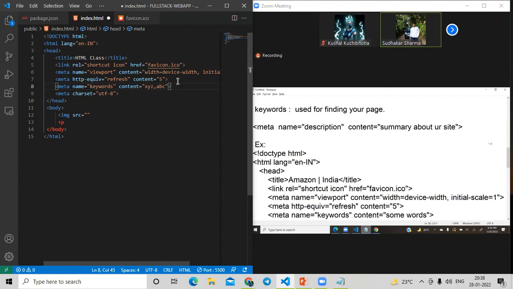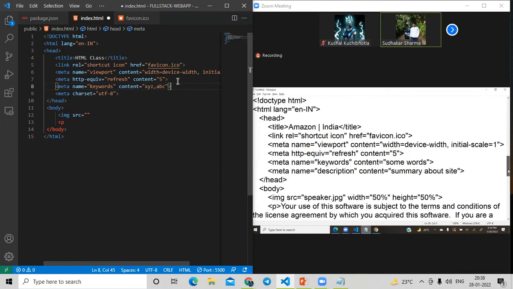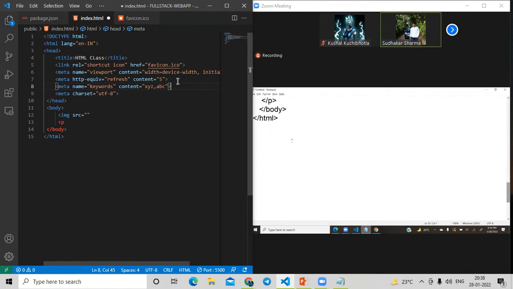Now this is done. This is the first important option. How do we configure it? In the head section, this is enough about meta. Later you will learn so many other basic things. In the head section, what we have learned is title, link, and meta. Meta you have seen for both reasons: responsive, and another one, SEO. For SEO and responsive, so many other options are also required, which you will learn in later stages. That is one option: title, link, meta.